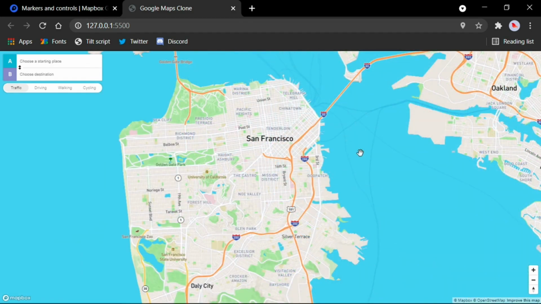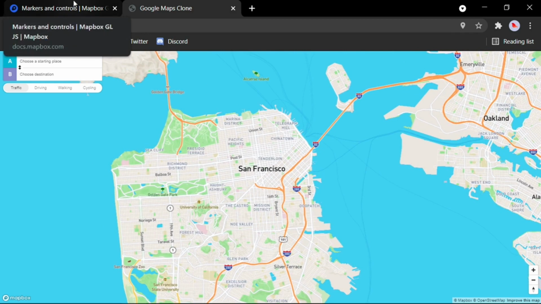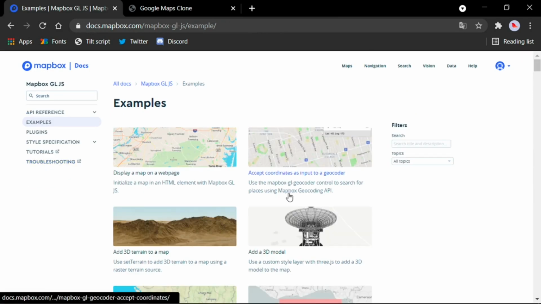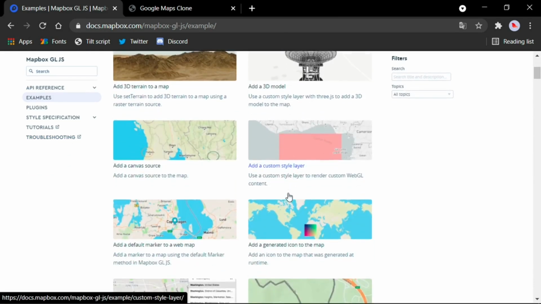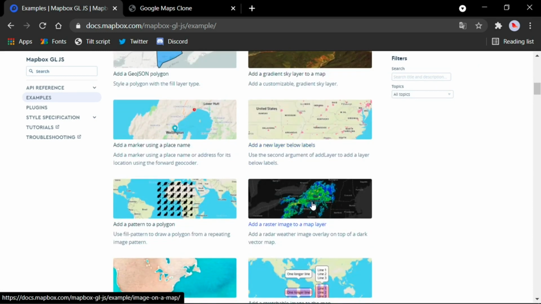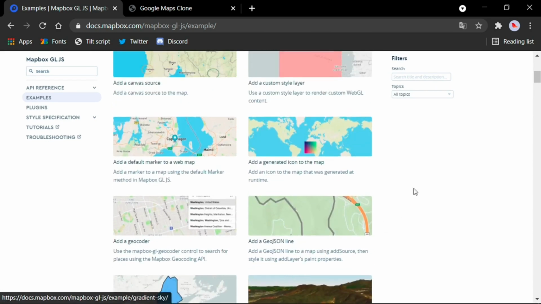To make this boring map have a new style, let's add a satellite view to this. So let's come to our Mapbox website and click on here examples. You can see tons and tons of examples here. You can see those examples and enhance your maps according to you.